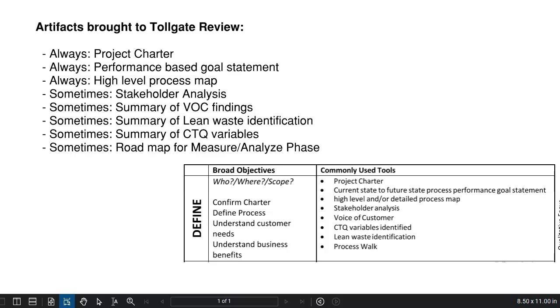But in some cases, the whole reason why we have the Tollgate review, we find this process just isn't as broken as what we first thought. Maybe it was just a squeaky wheel that had brought to our attention this issue. It was a 1 in 10,000 event that really wasn't that impactful to our customers or to the organization, or business imperatives have changed. There was a change in the competitive landscape, or there was a